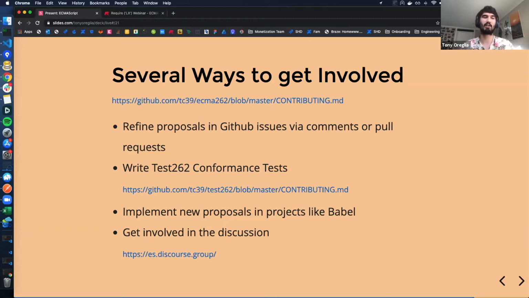They try to get the community more and more involved, because that's the best thing for the language. And because there's that sentiment within the core group in TC39, I think it's a better time than ever to get involved, because there's a lot of encouragement coming from within. So yeah.